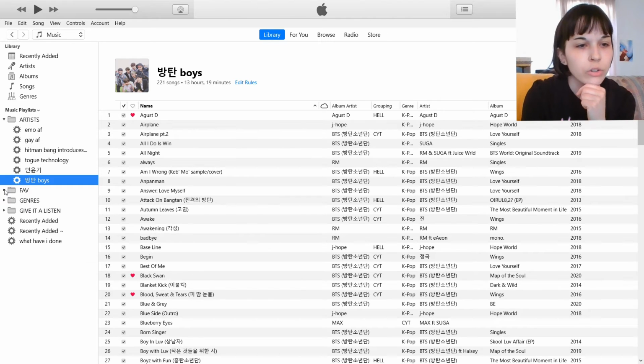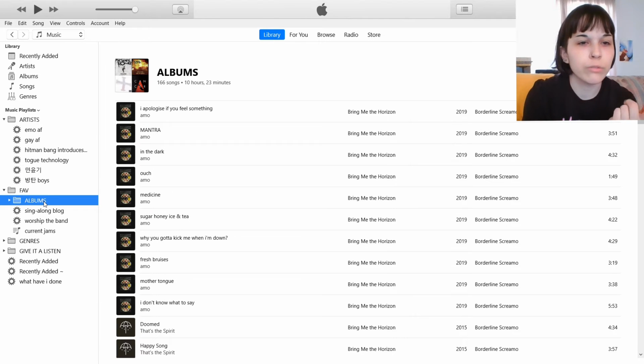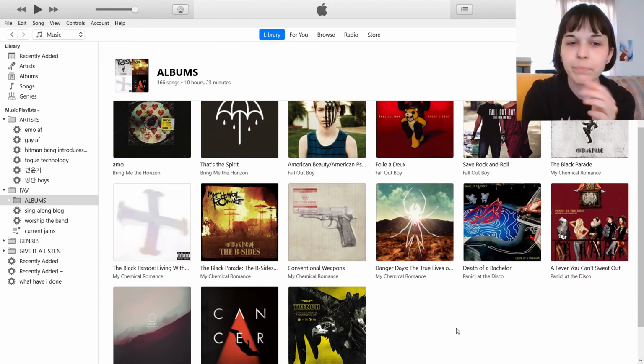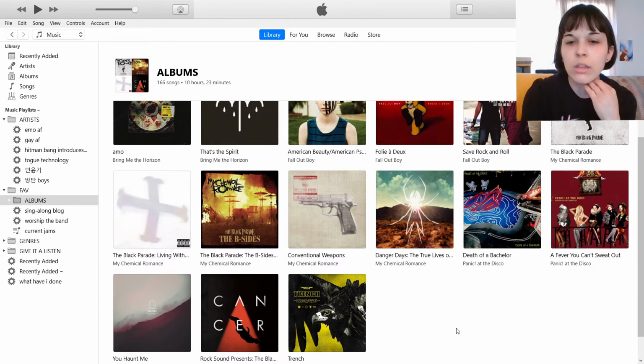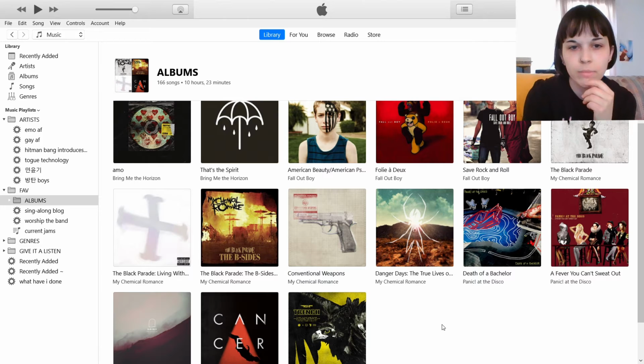And then under the fave folder, yes. So I have a folder for all my favorite albums, which, let's see. There we go. So those are my favorite albums, which another thing, I haven't updated in a long time, so it's mainly older stuff that's in here. But these are some of my all-time favorite albums that have ever been released that I've listened to over and over and over again. Probably the albums that I've listened to the most would be The Black Parade, Folie à Deux,